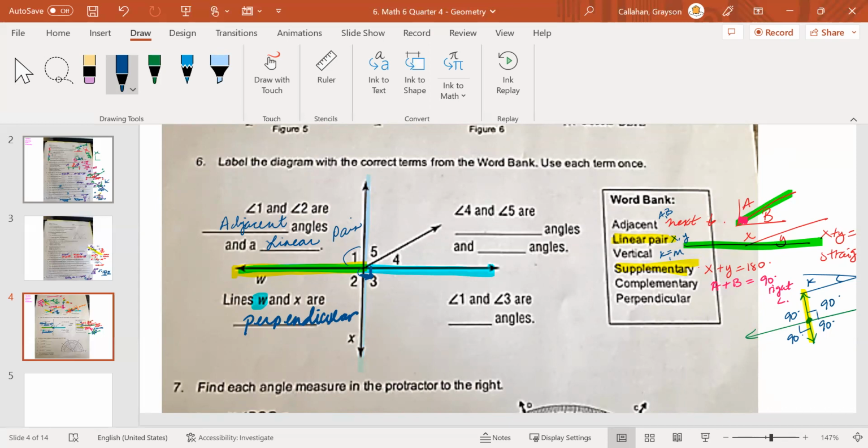and then 5 and 4 is also going to be 90 degrees, but we don't know that. So angles 4 and 5 are